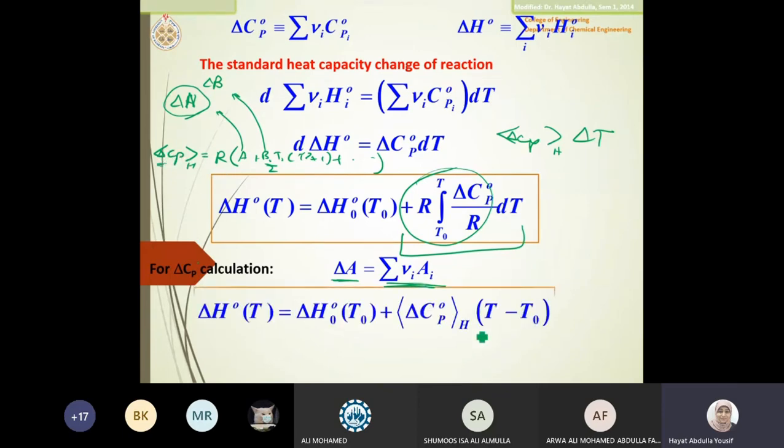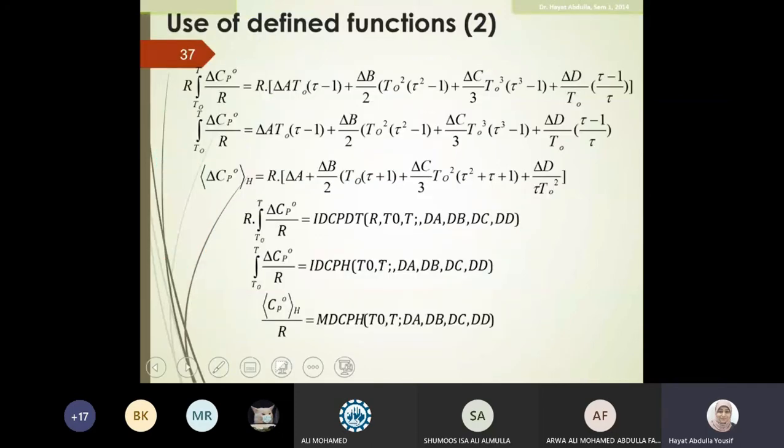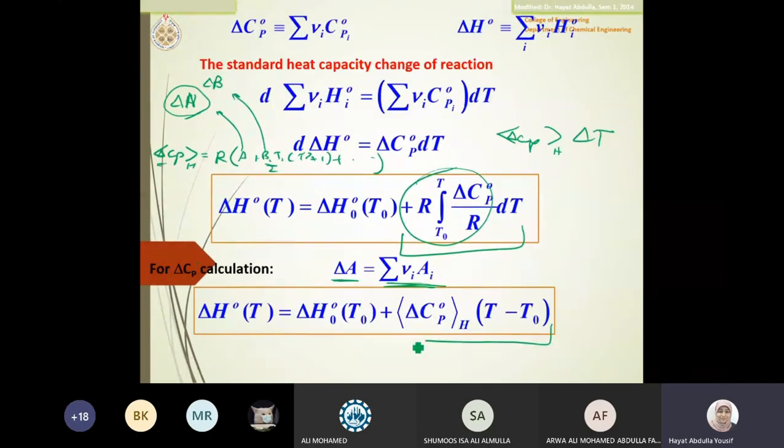So this is the equation with the mean, but the delta needs to be dealt with in another way. I will show it to you in the next slide to make sure it is clear for you. And for the mean CP, you may not have to use those first two equations, because this one will solve all your problems. Trust me. Unless you want to use programming, then the first two equations will be needed. The CP mean can be calculated simply using this equation, and then to find delta CP mean H delta T, you just multiply it by delta T. As simple as this, which is this second term here.